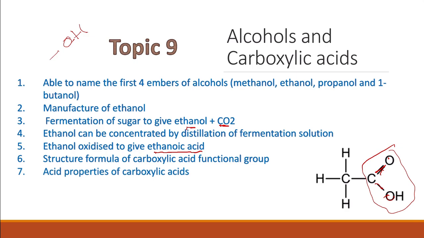And you should know all the acid properties of carboxylic acids. When they dissolve in water, they have a solution with a pH less than 7. They react with metals to give you salt and hydrogen. They react with metal oxides and hydroxide to give salt and water, and they react with carbonate to produce carbon